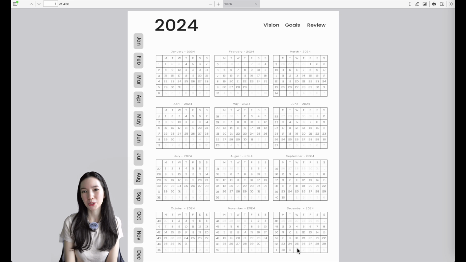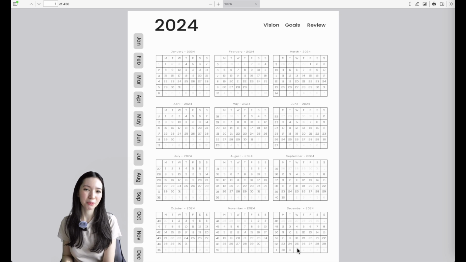Hi friends, in this tutorial I'm going to show you how you can create a digital planner using your own templates you have imported into Planify Pro. So in this tutorial I'm going to show you how you can import your templates, how you can add hyperlink buttons on top of your tabs, and then how you can automatically link all the pages together, as well as